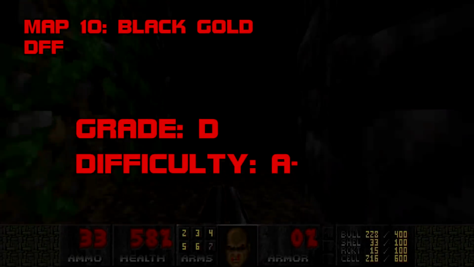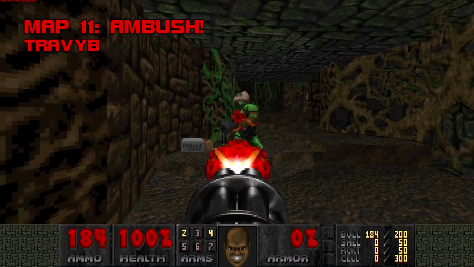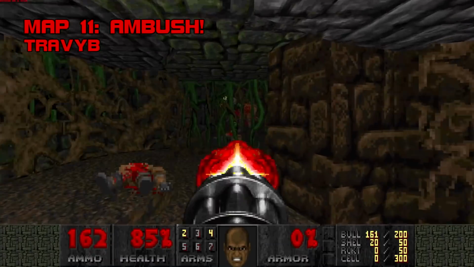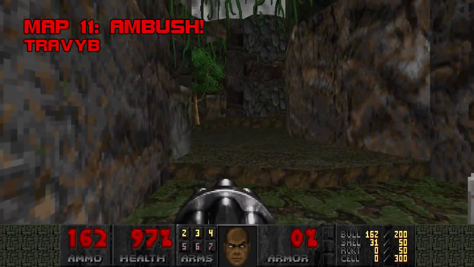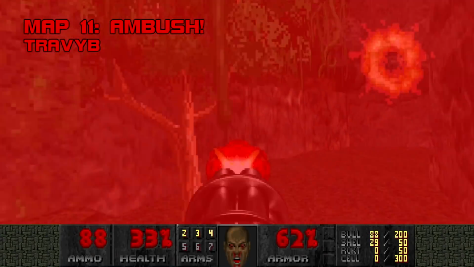Grade D, difficulty A-. Map 11, Ambush. After suffocating through Black Gold, Ambush is a welcome relief, well lit, stocked with early fodder to give you a head of steam, and grooving to the MIDI version of a very copyrighted track by a band that rhymes with Zed Lepelin. You'd be surprised how easily the troopers blend into the greenery here,